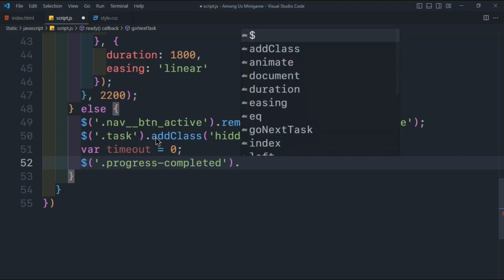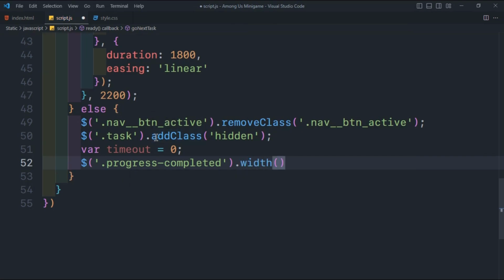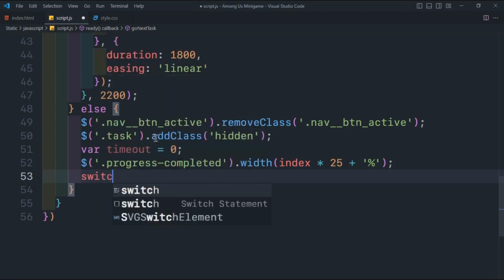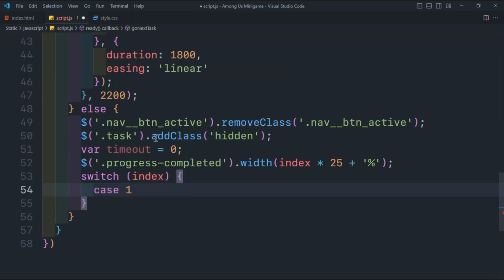We set its dot width as the index number times 25 plus percentage. And then we create a switch for whatever the index number which we have. So we give index as the input in the switch, and then we create different cases. So first we start off with case 1, wherein we select